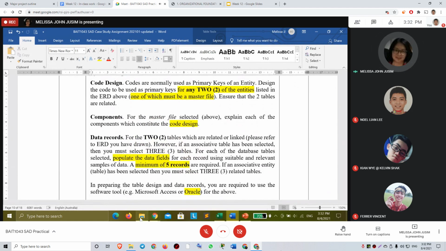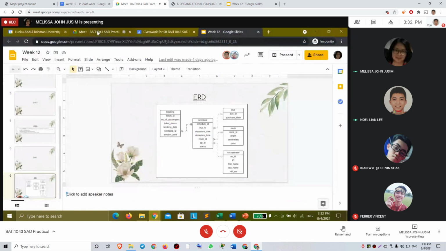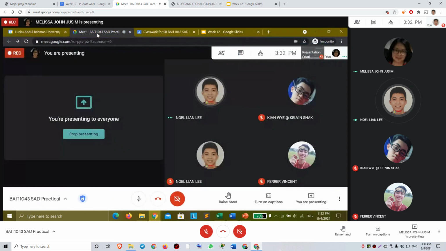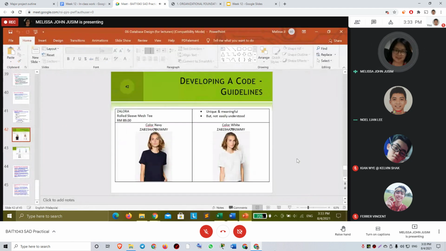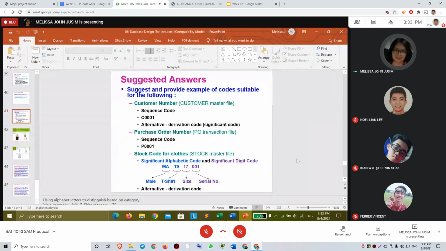Any questions so far? The components refer to what, like the date, the name? Yeah. Explain each of the components which constitute the code design. Let me go back, like this one, the one that we did, MATS 17001. This is a significant alphabetic code where MA stands for this, and this one stands for this,